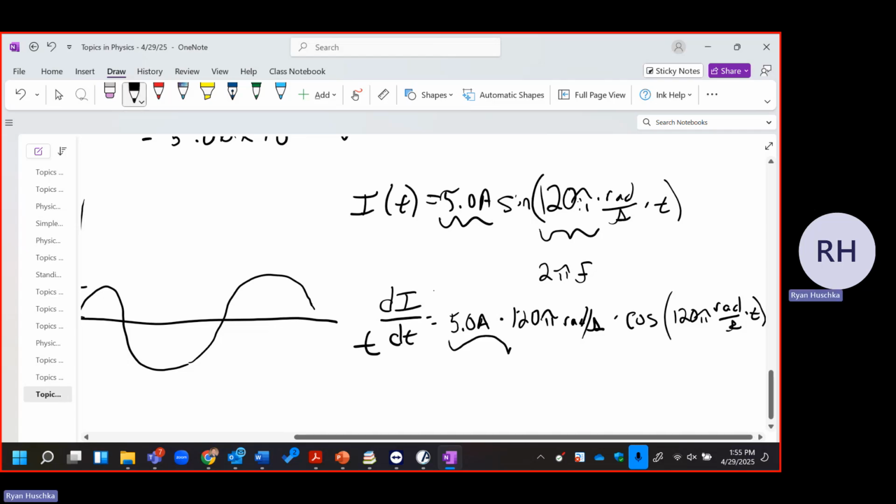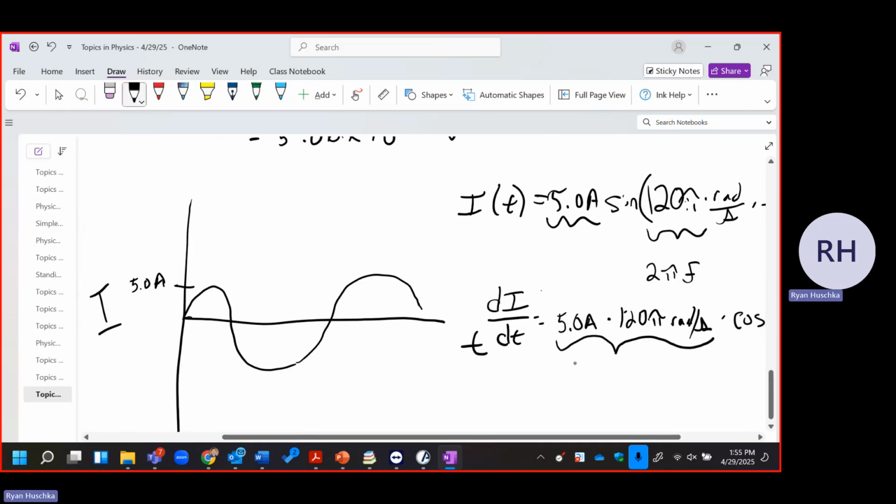The key thing here is to look at your unit. Radians is kind of a unitless number, so you don't really worry about it. So that's going to be whatever 120 times 5 is. Is that 600? All right, so you got 600